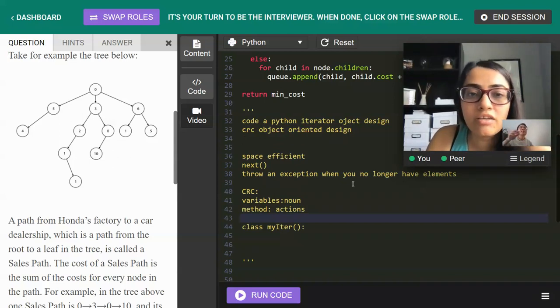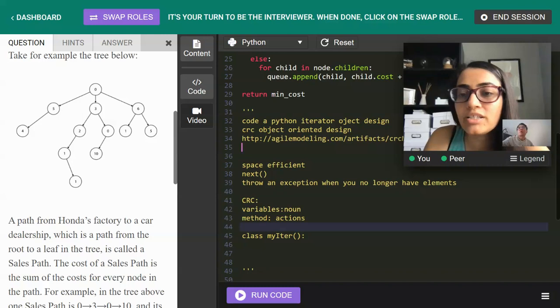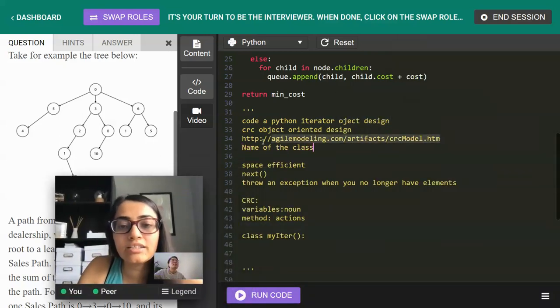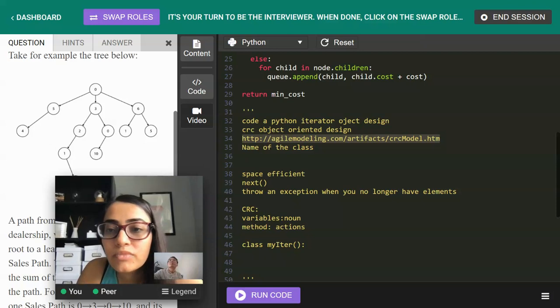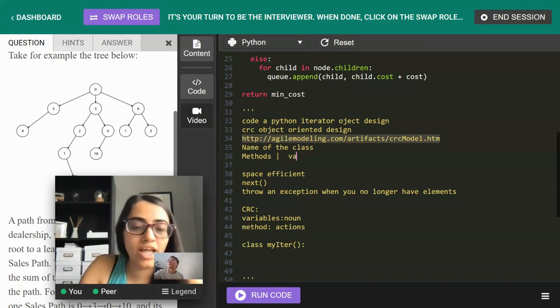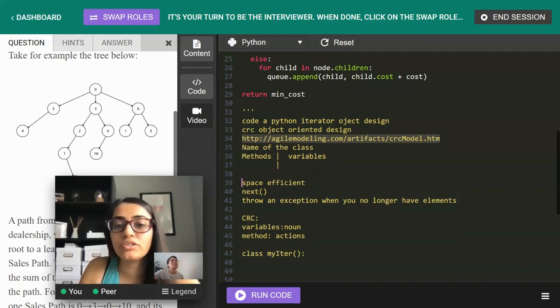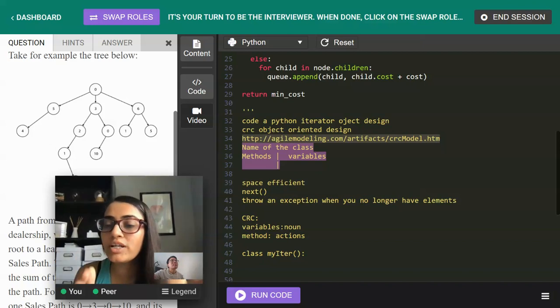And I think I can share an image. Okay, is this showing? Yeah. So this one is class, responsibility, collaboration. It tells you that you have the name of the class, then on the left side you can have methods, on the right side you have variables or instance variables, whatever you want to call them, and then you just list this out first before you even code,